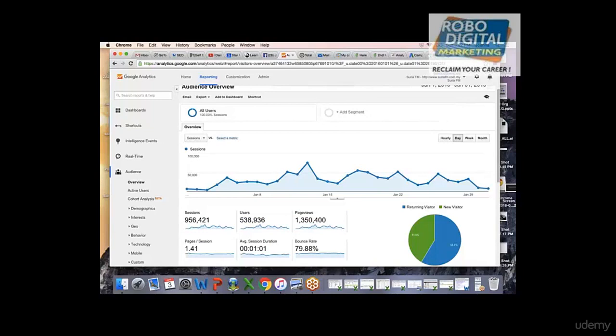So that's why the data is not much accurate, but Google is trying to fix that, and they will surely be able to do it in the future. But let's concentrate over here. You are getting almost 9 lakh sessions, the number of users is somewhere near 5.5 lakh, and the page views is approximately 13.5 lakhs.